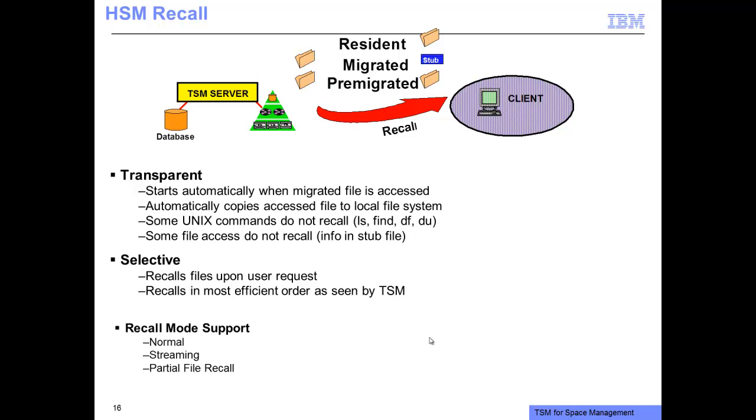When you do a recall, there are a couple different recall modes. The first mode is normal, where we wait for the entire file to be read back from the TSM server and to be copied to the original location prior to having the application utilize it. We can also do a streaming mode, where as the file comes back from the TSM server, the application gets those additional bits and bytes. Or we can just do a partial file recall, where only a certain amount of the original file is recalled